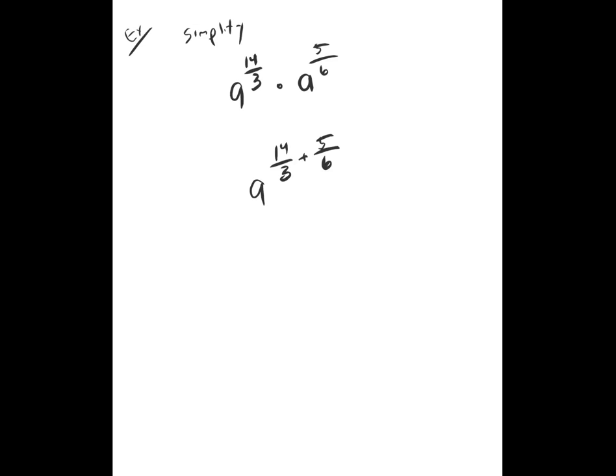And our LCD here is 6. Which means I've got to multiply this by 2 and that by 1. All right, so now what do we get? 28 over 6 plus 5 over 6. And now we can